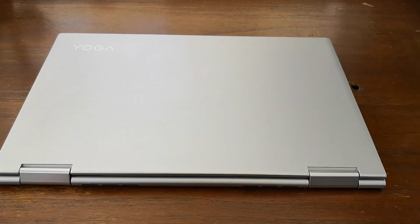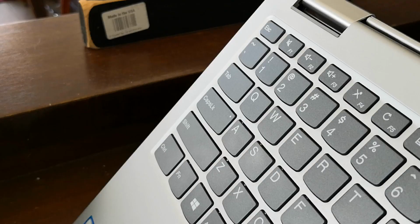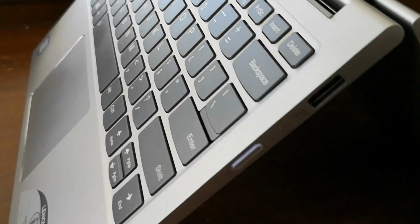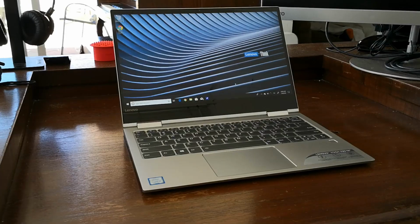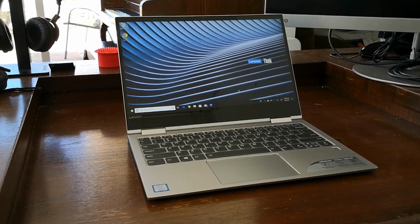Okay, moving on to the next one in our lineup. Next on the list is the Lenovo Yoga 730. It's also a 2-in-1 like the Flex 611, but comes with a way nicer screen, better specs, and a more premium build. It uses a 13.3-inch display and a full HD resolution, and I have to tell you, it's a